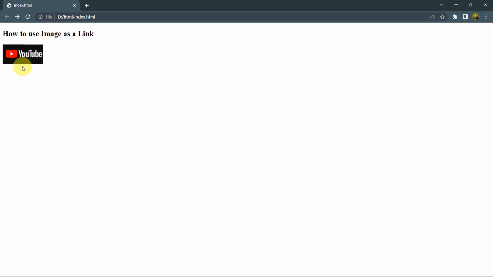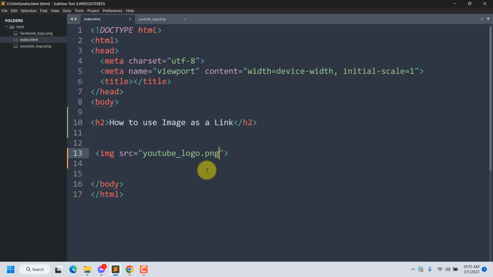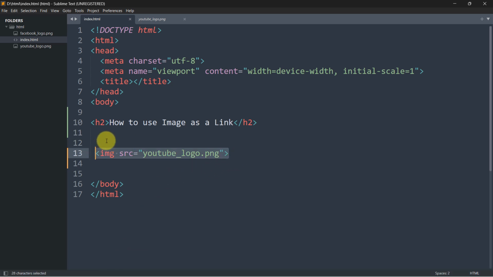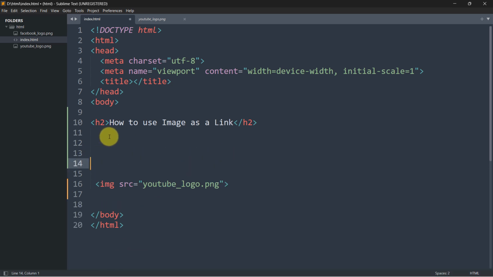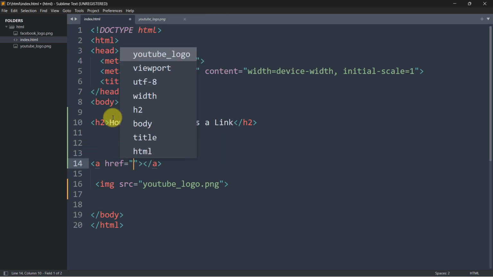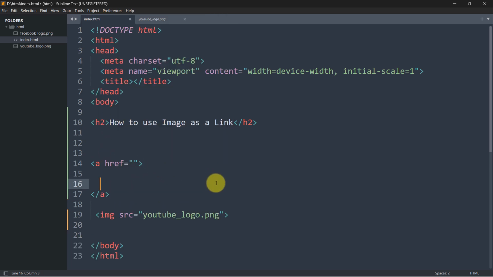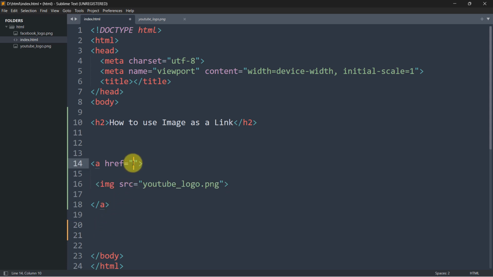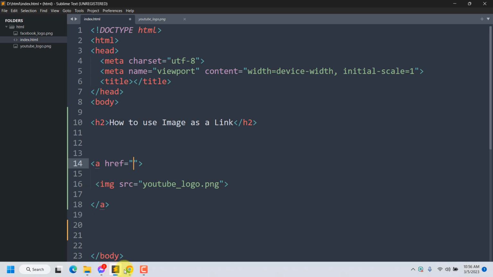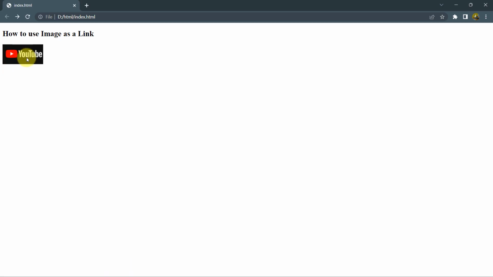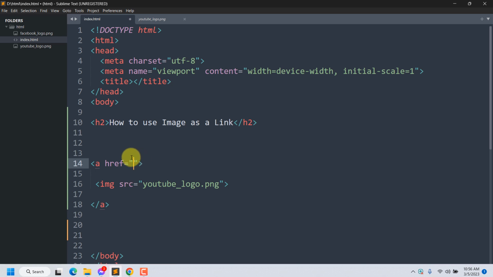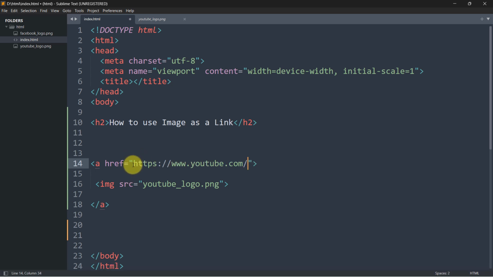Right now, in order to make this image into a link, what we have to do is keep this image tag inside an anchor tag. Let me just show you. We are going to have an anchor tag over here, and then inside this anchor tag we'll keep this image tag. Inside the href we need to say youtube.com, because on clicking on this image we want to go to youtube.com. So for it we need to write inside the href youtube.com, and we need to write it like this: